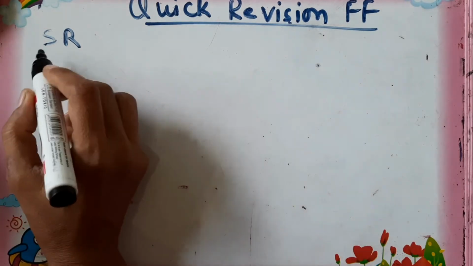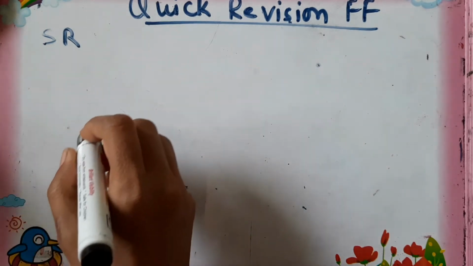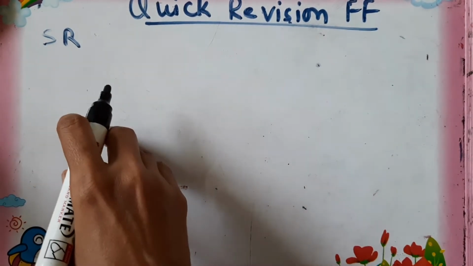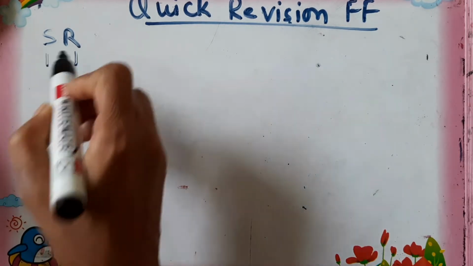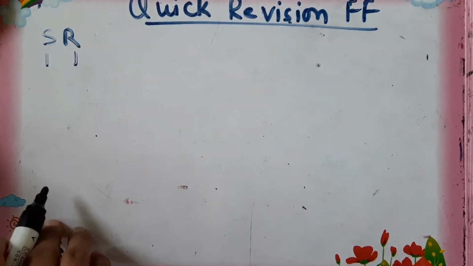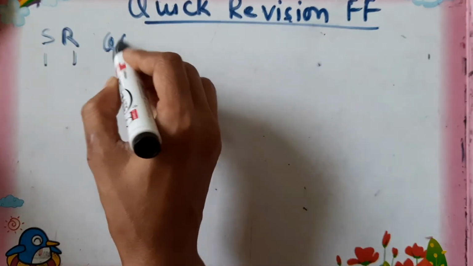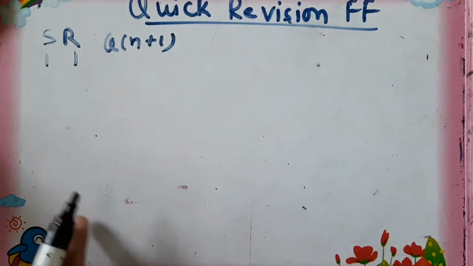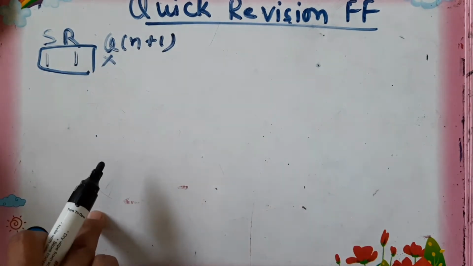In the truth table of SR, 3 configurations are allowed and one configuration, that is 1-1, is not allowed. When both the inputs S and R are 1-1, that configuration at the input is prohibited. So you cannot predict the output for this combination. This combination is prohibited in case of SR.